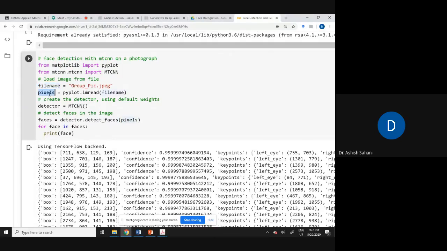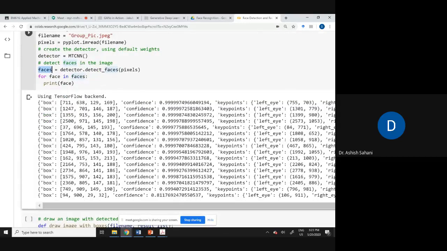So this was read and stored in pixels that was passed into this detector, which gives me a list of numbers. Those are shown here in this result. These are stored in faces.